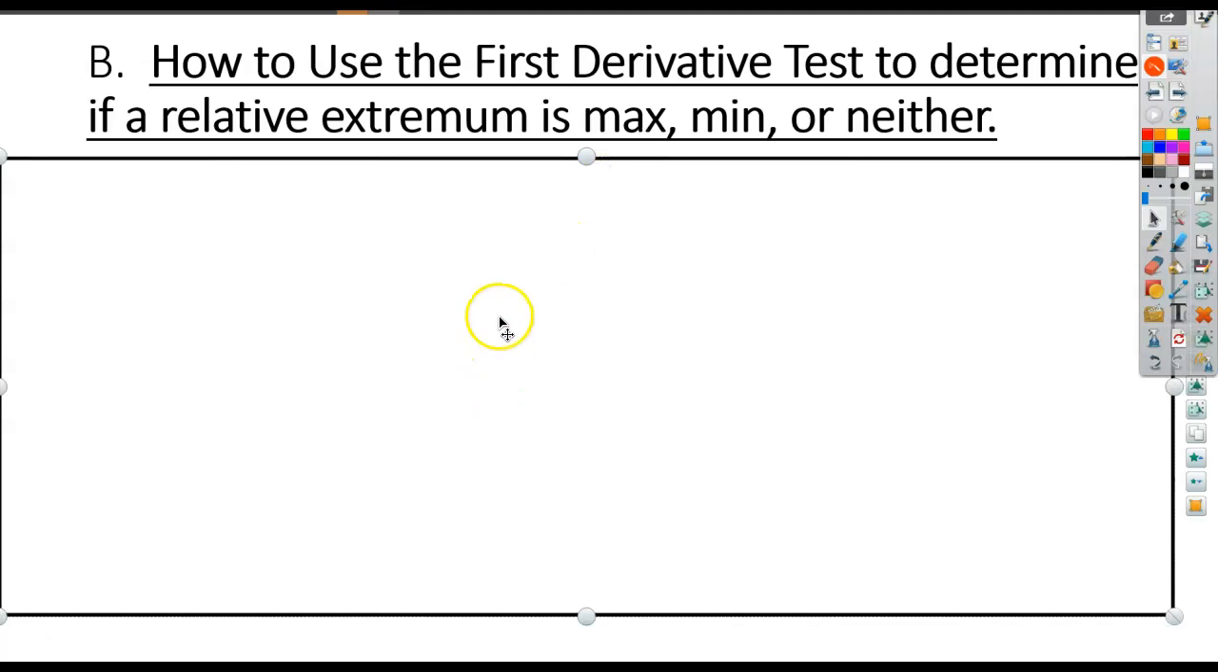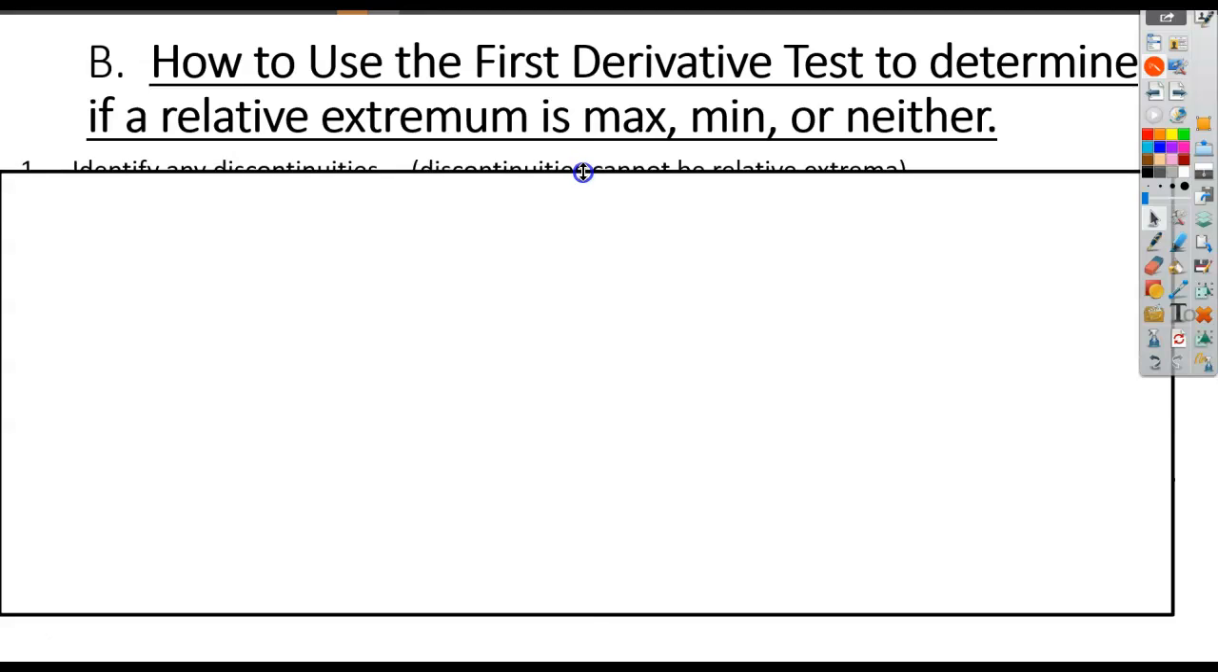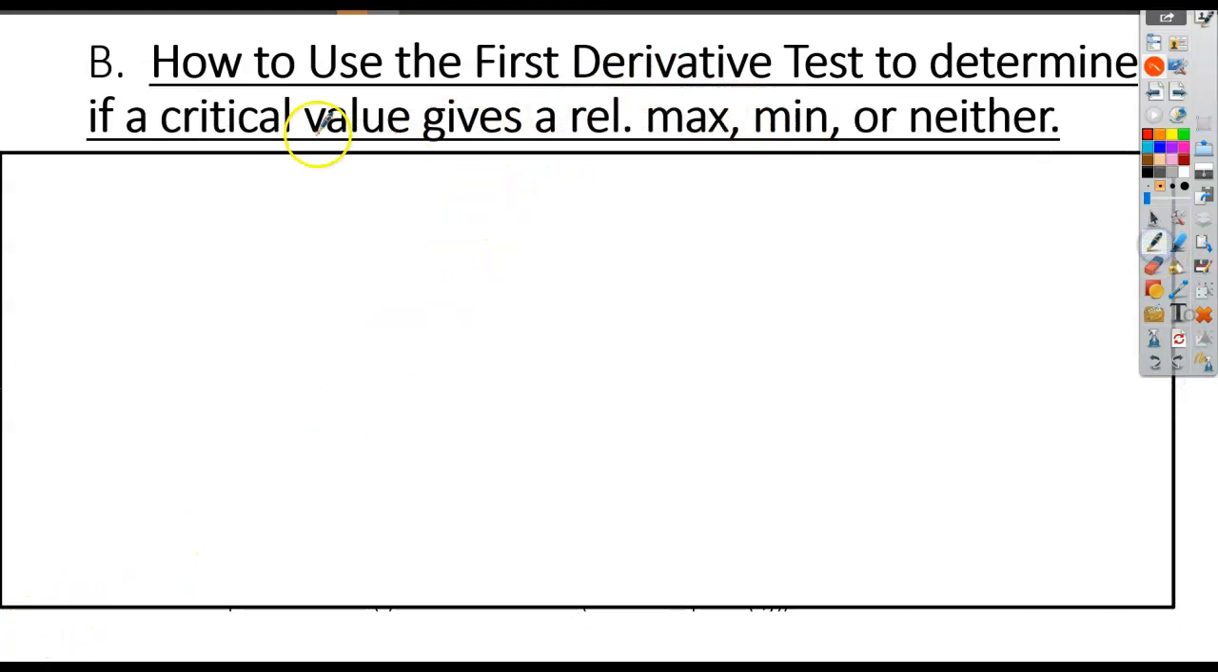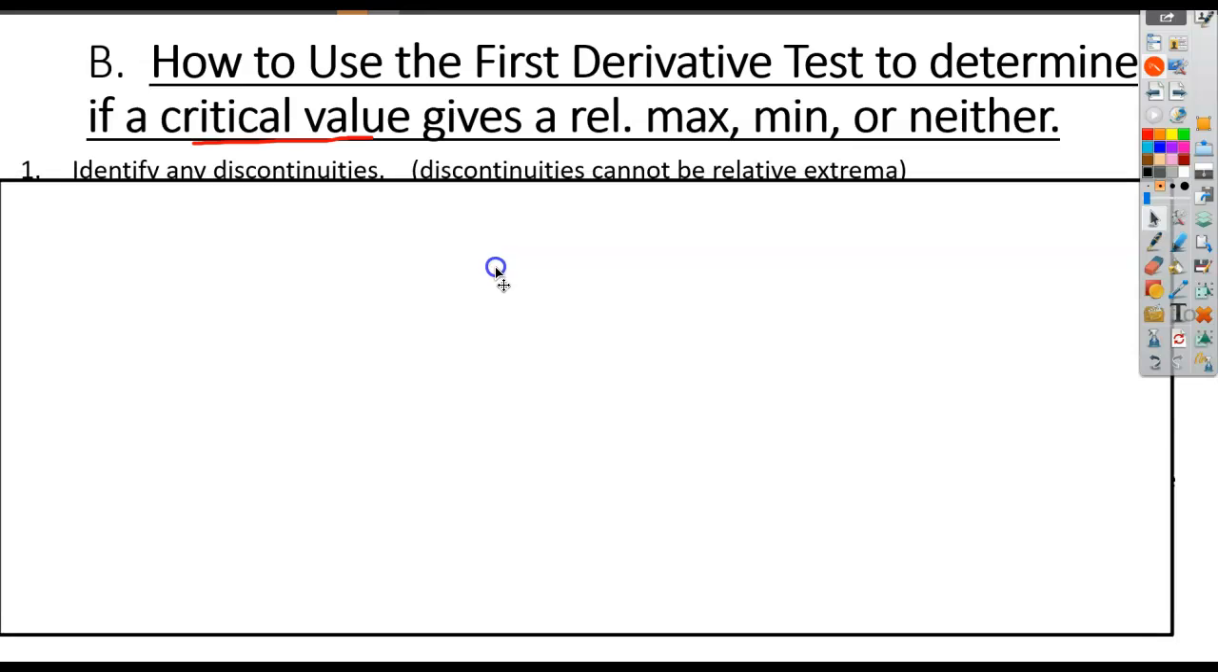All right, so how do we do the first derivative test to determine if a relative extrema is a max, min, or neither? Maybe a better way to have worded this would be as follows. There, I changed it. How to use the first derivative test to determine if a critical value gives us a relative max, a relative min, or neither. Okay. So, first of all,